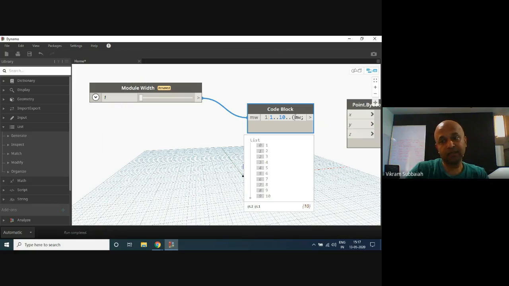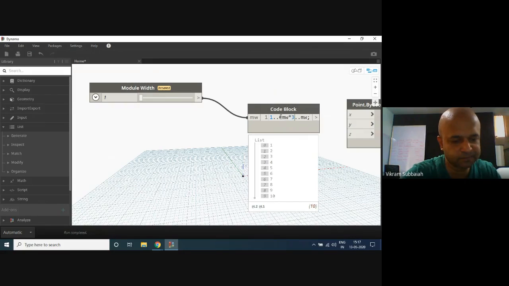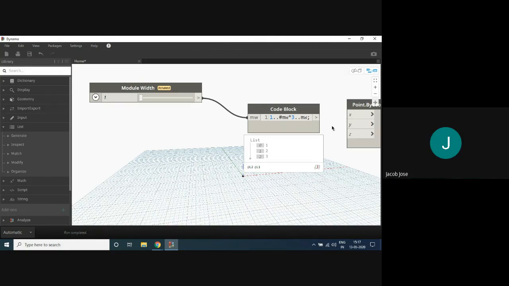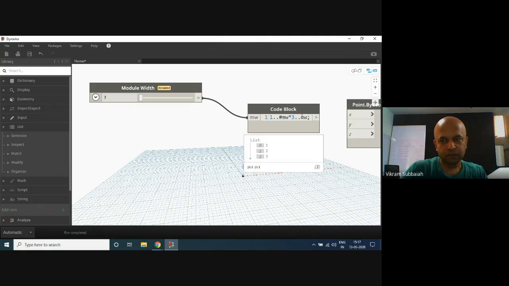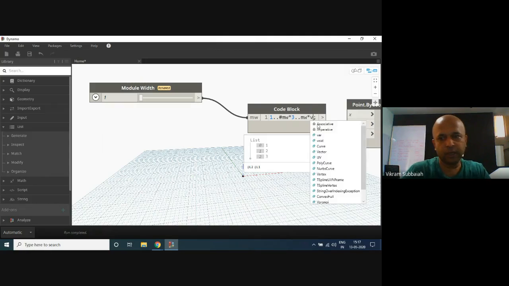I am a little confused already. So here the number of points should be divided, module width into 3. And here I say module width into number.